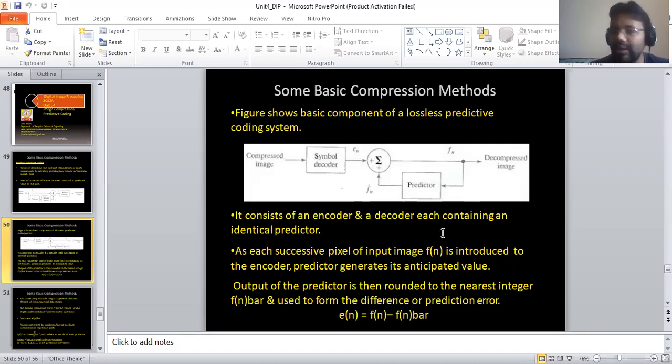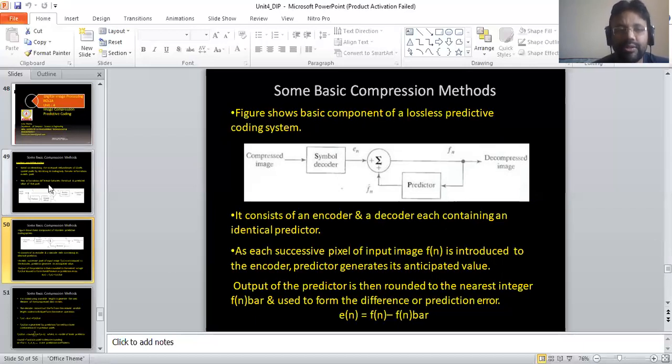When we talk about the lossless predictive coding system, it consists of an encoder and decoder, each containing an identical predictor. As each successive pixel of the input image f of n is introduced to the encoder, the predictor generates its anticipated value. The output of the predictor is rounded to the nearest integer, f bar of n, and is used to form the difference, or the prediction error.